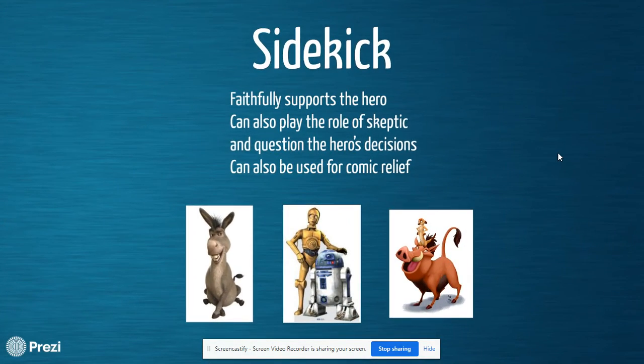And then we have, lastly, the allies. The most popular ally is the sidekick. They faithfully support the hero. They can be a bit of a skeptic, so they question the hero's decisions. So if a hero decides that they want to do this, the sidekick's pretty much there to check them and make sure, like, hey, listen, are you doing this for the right reason? Or I don't think this plan's going to go very well. It can be seen as comic relief. But a big thing to think about the sidekick is they usually act as a second conscience to the